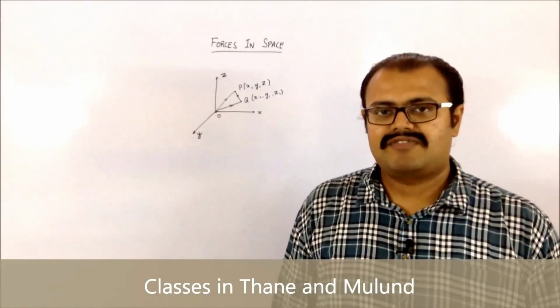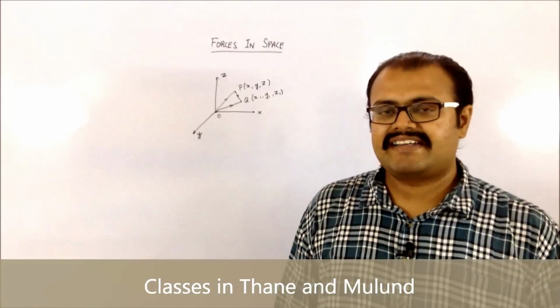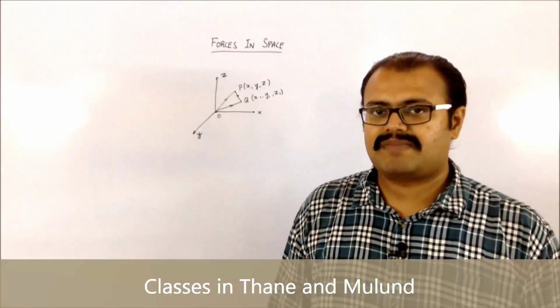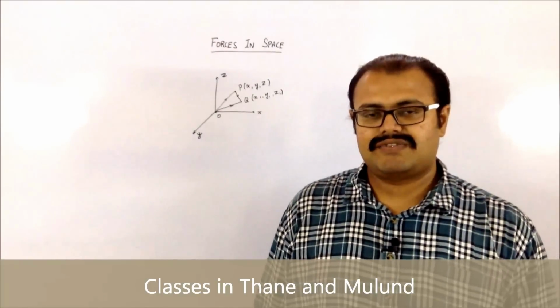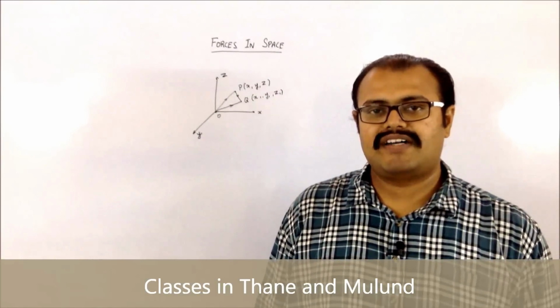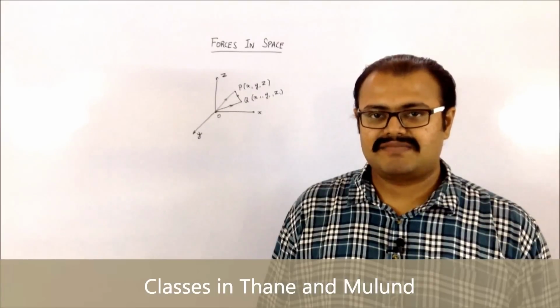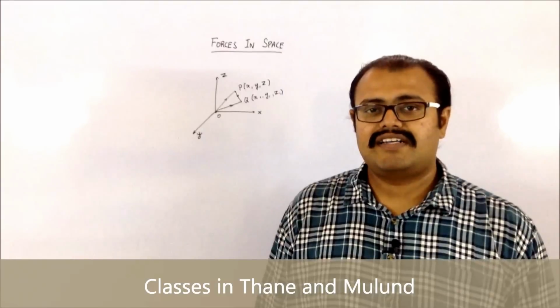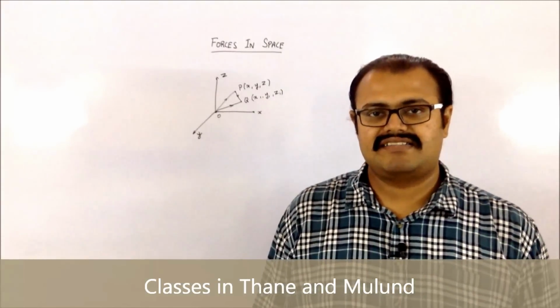Now, whenever we have to go for the analysis of the forces, we require three things: the magnitude, the direction, and the point of application of that force. Now, whenever you have to indicate a force in space, you require it to be indicated using your ijk terms. That means you require the use of your unit vectors along the x, y and z.